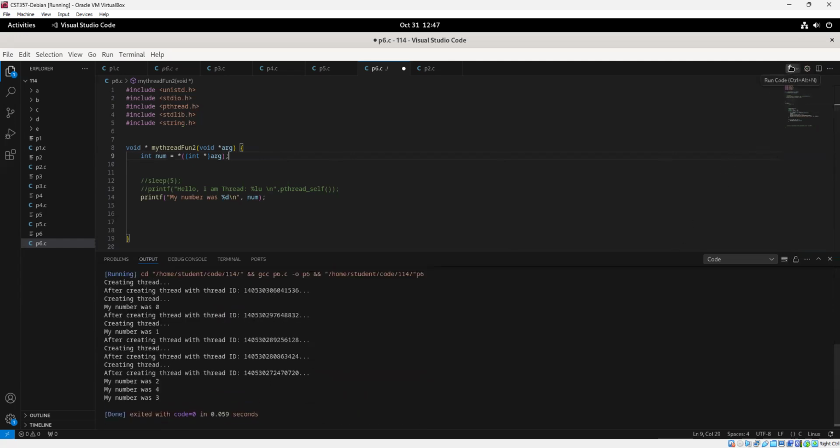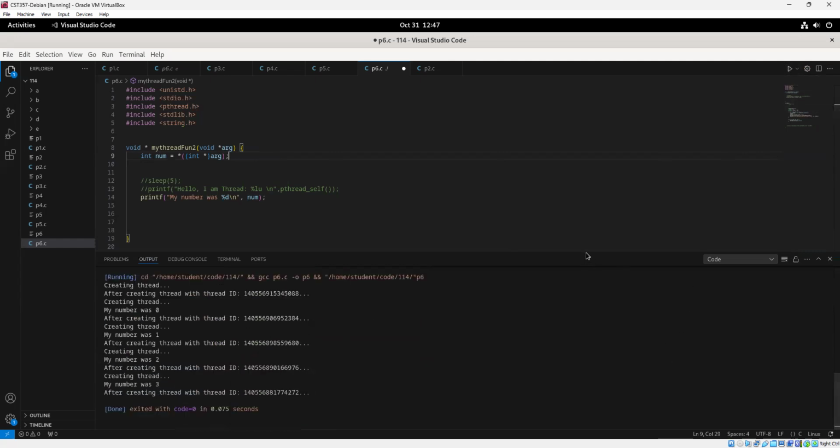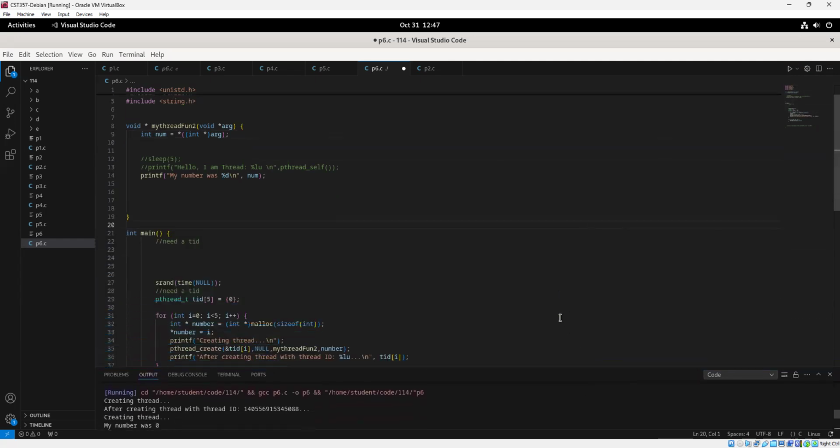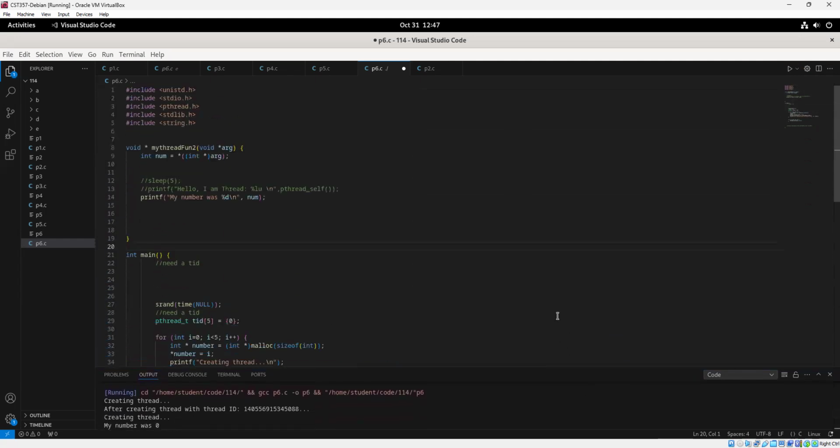Run it a few times. We never see duplication anymore. Why is that? Because you are, in fact, creating it for every iteration of the loop. That is, it's a different pointer. Okay? And you're like, wait, what? So the free thing makes it look like you need to have it, but